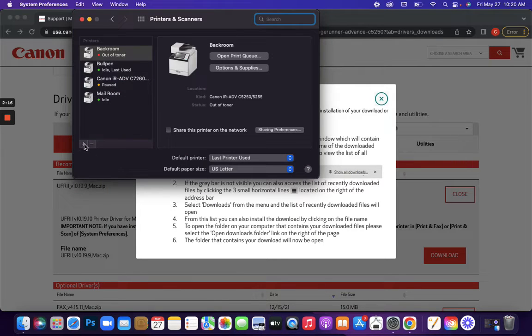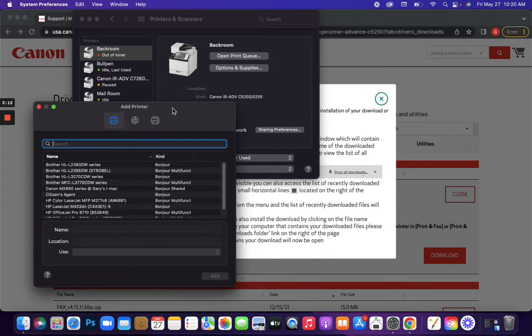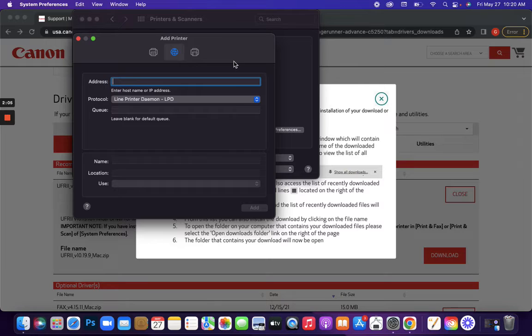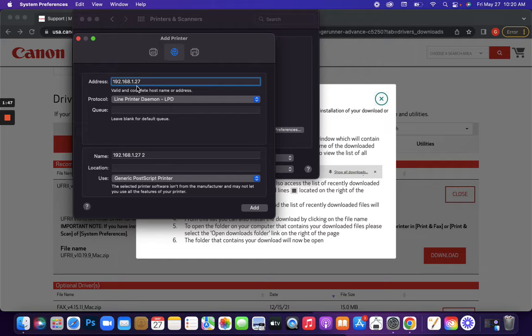From there, we will click the little plus icon over here on the side, and when this new window pops up, we choose on the top toolbar this center option. This will allow us to add in a printer via IP address. These numbers will be down in the description of this video, but for our purposes here, we will add first the Mailroom Printer 192.168.1.27. Make sure that you have all of these numbers and you have the dots in the appropriate places, otherwise